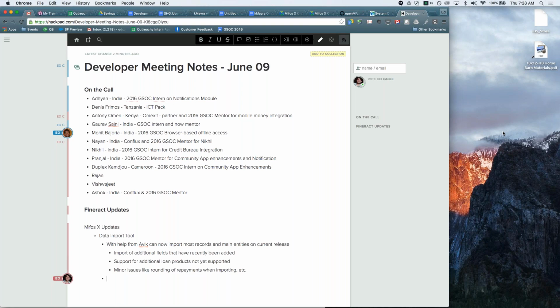And I want to open the floor to any general questions. And then once we get through any general questions, we'll move into allowing our GSOC interns to both give a high-level update on their project as a whole, and then give an update on what they've been working on this past week. Okay, so are there any general questions about the development community that you would like to cover right now?